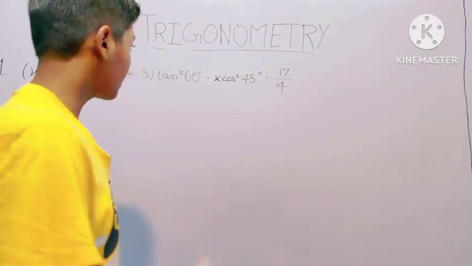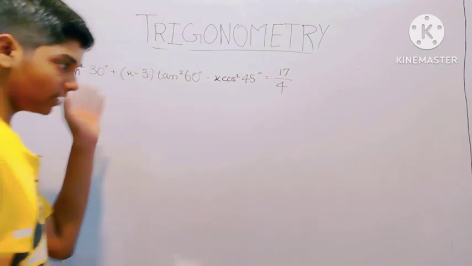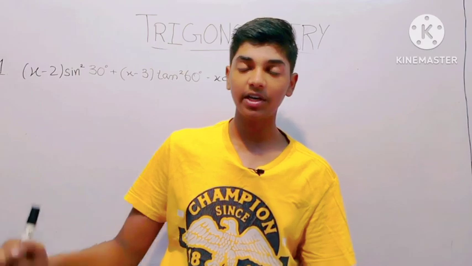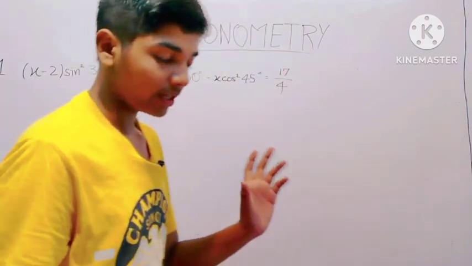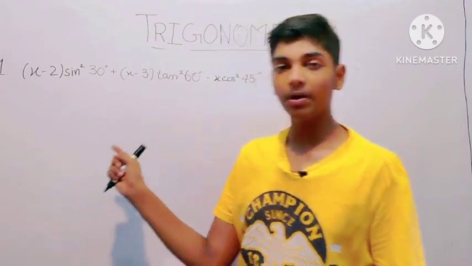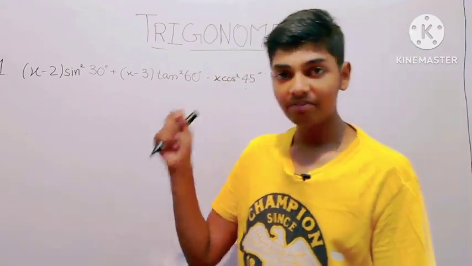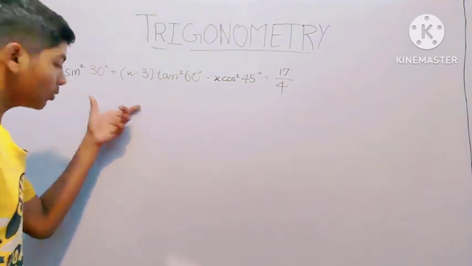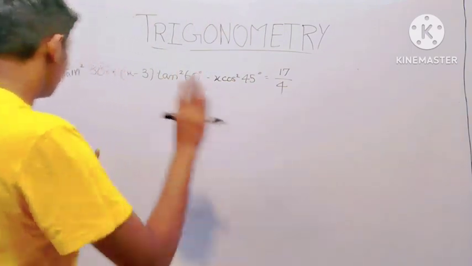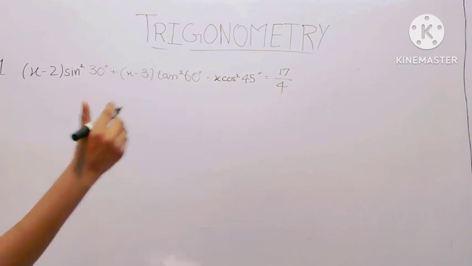Hello everyone, welcome back. In this video, as we have completed the chapter on the concept of trigonometry, we will now start off with the question answers. This is for the second part of trigonometry. If you don't remember, for the trigonometric ratios we have done 5 questions in that same video. Now we are moving on to trigonometric ratios for some specific angles, some problems on trigonometric ratios and specific angles.